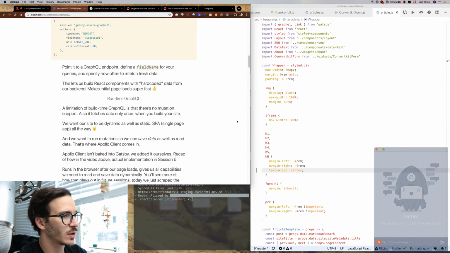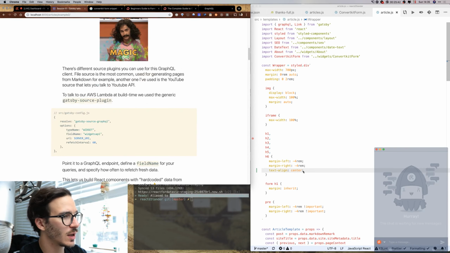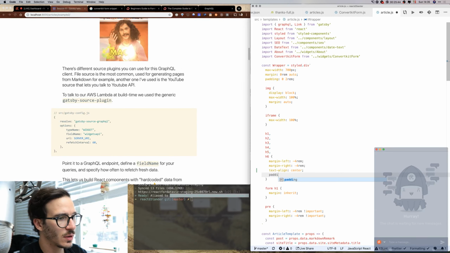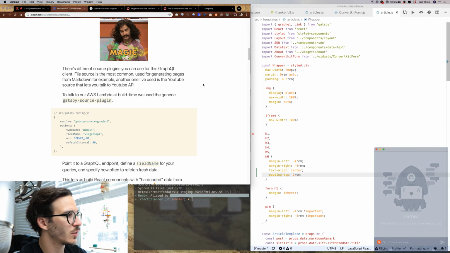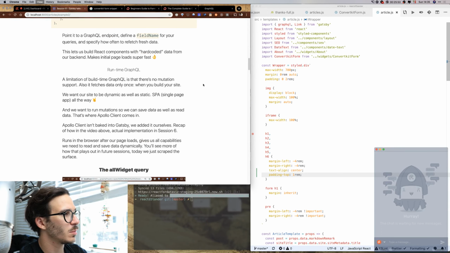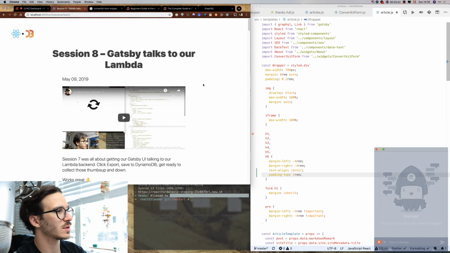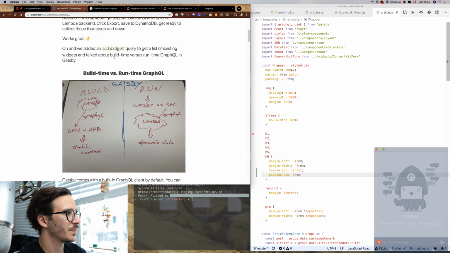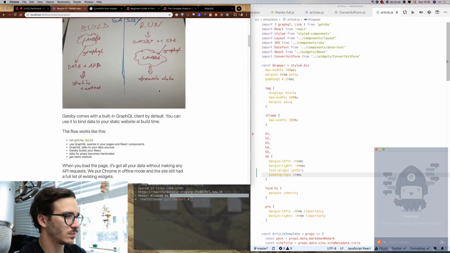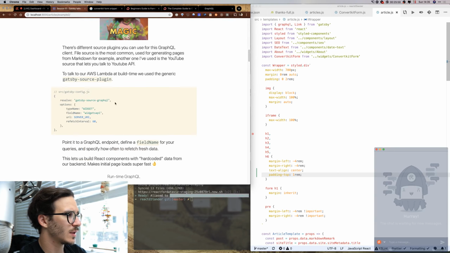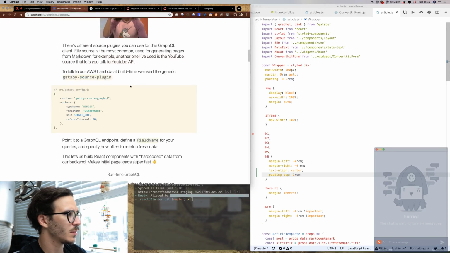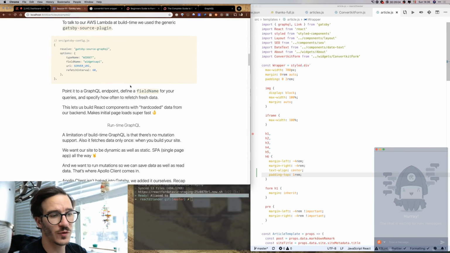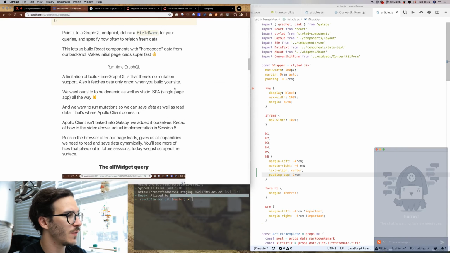So we have runtime GraphQL, and they should all have a padding top of 1 rem. I still don't know what a rem is versus an em, but I think it makes sense to give us a bit of spacing, right? Yeah. So that gives us some spacing on top, so that we can better tell the difference between different, what are these different